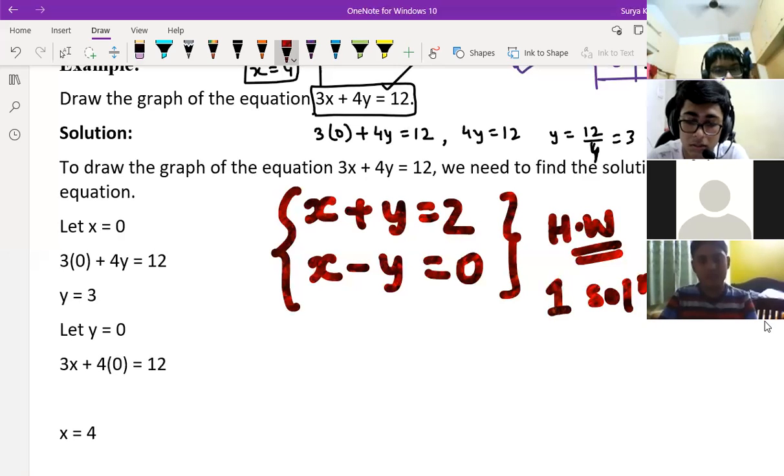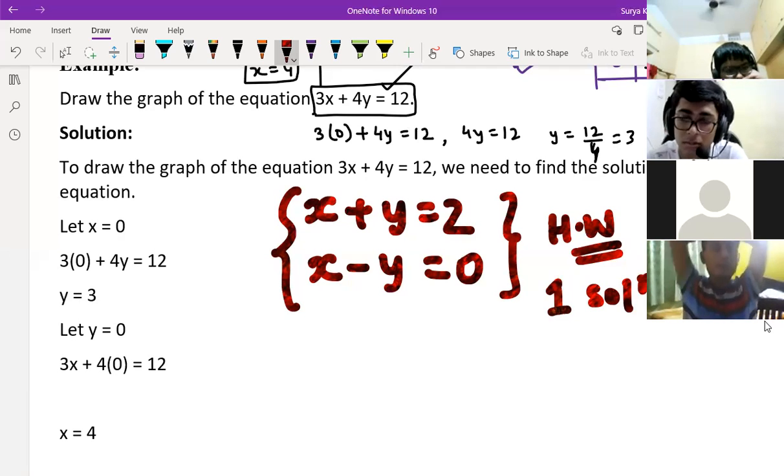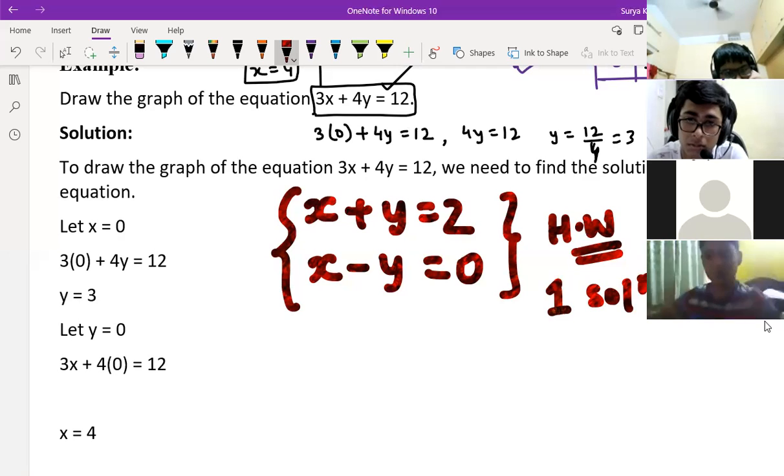Once again you tell. So it means can we do like x plus y is equal to 2 plus x minus y is equal to 0, sir, then we will get 2x is equal to 2, sir. Yes, yes, then x is equal to 2 by 2, that is 1. That is your elimination method. Yes, sir. What you told, that is elimination.